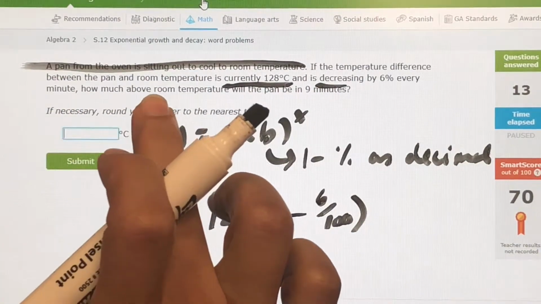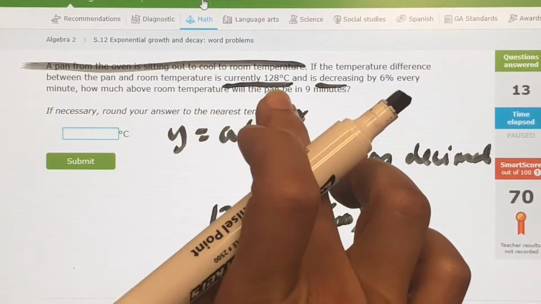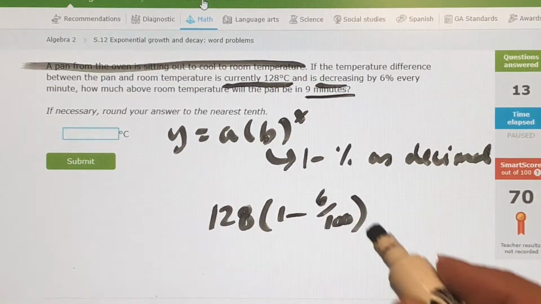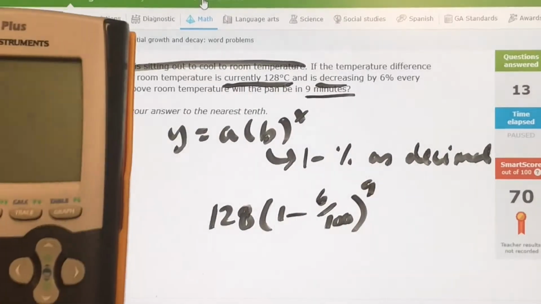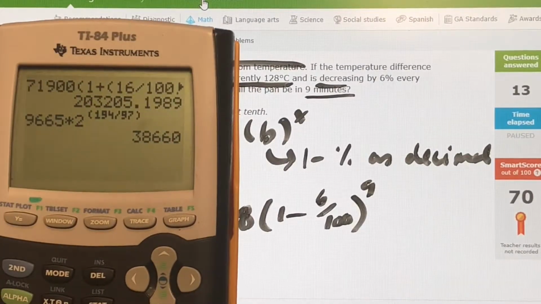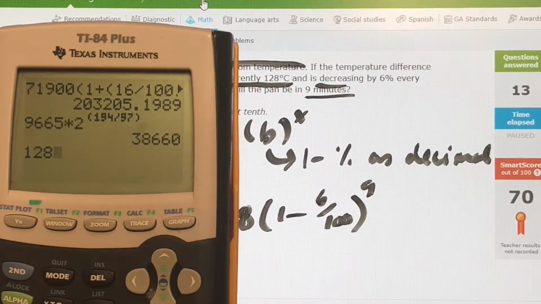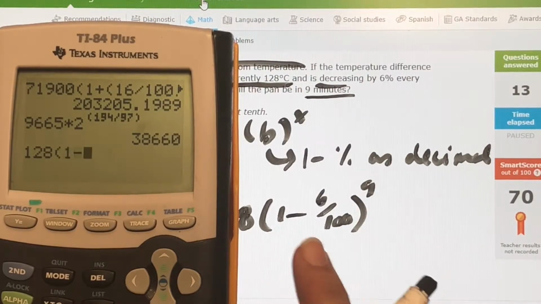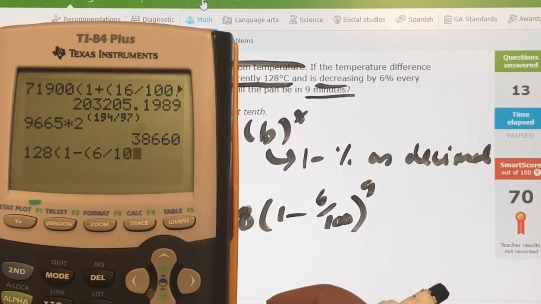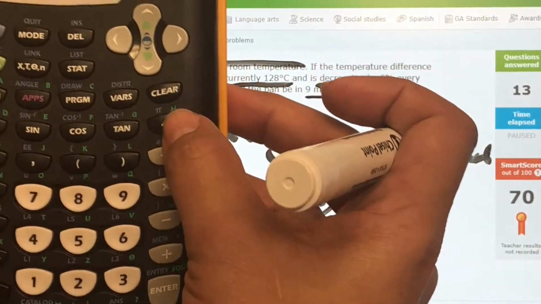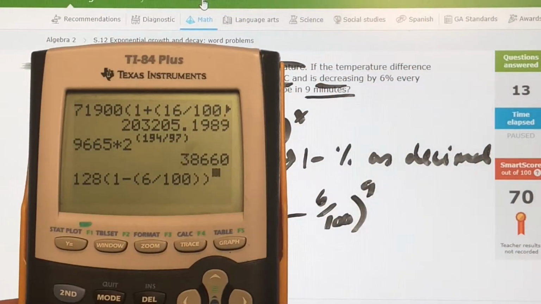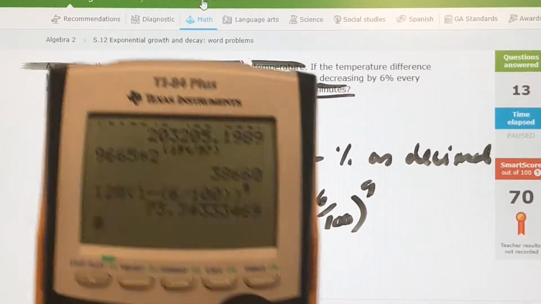Every minute, how much above room temperature will the pan be in 9 minutes? Minutes is my time, and that's my x, so that's going to be 9 right there. Then you just punch that into the calculator as you see it. So it's going to be 128, open parentheses, then 1 minus, anytime you see a fraction, you do what? You put it in parentheses, so 6 divided by 100. All right, and then close parentheses, raised to the power of 9. Again, this button right here is raised to the power of 9. And you press enter. All right, so it's 73